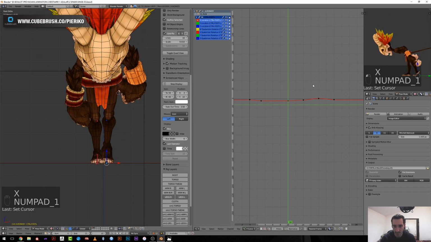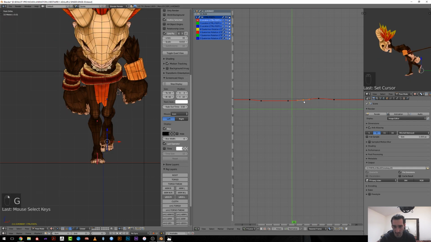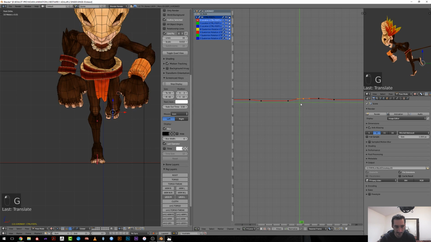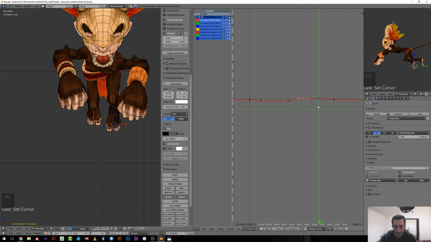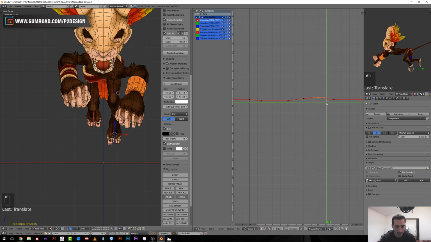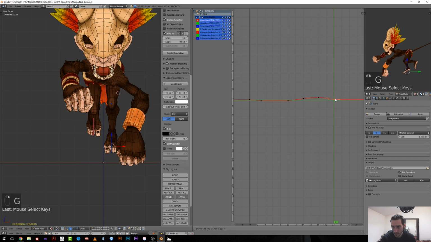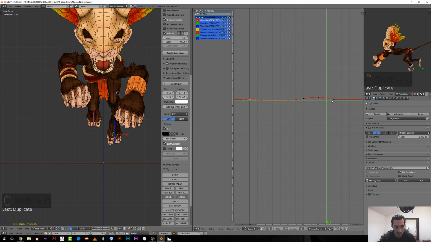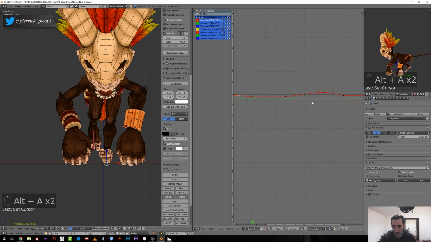I want it to push, yeah, directly outward, even a bit faster. And when it goes down, yeah, I think it's better like this. Might be a bit too much, but